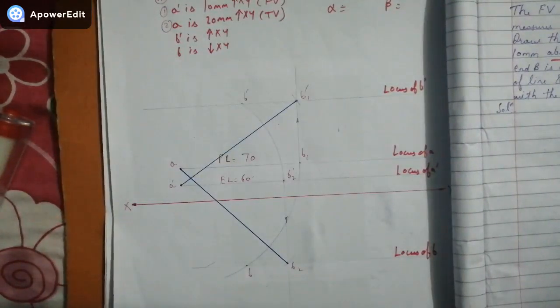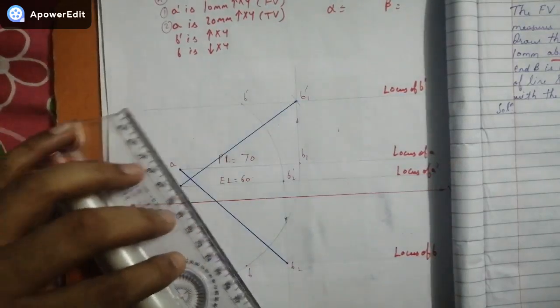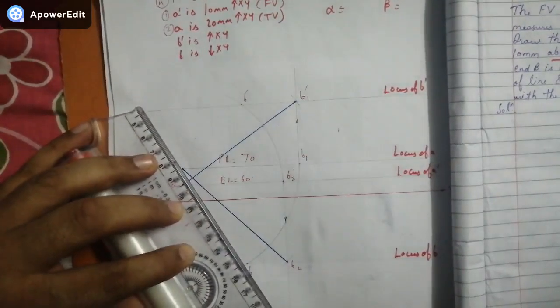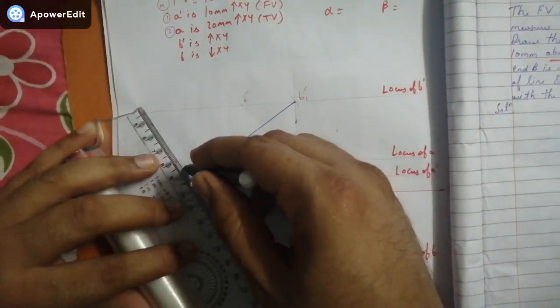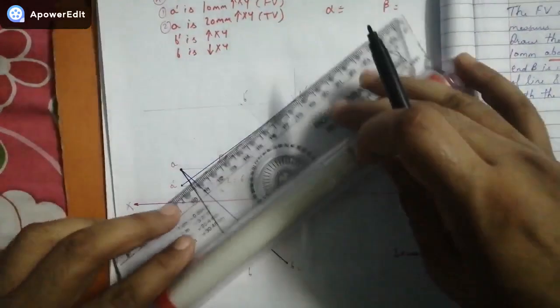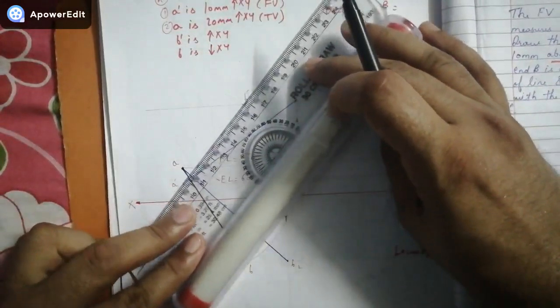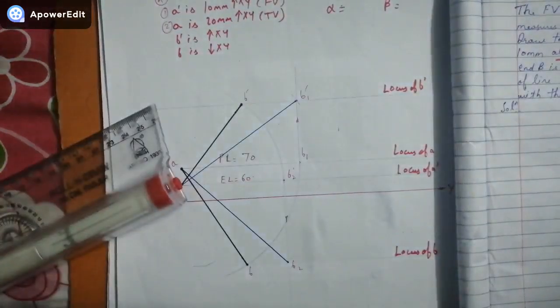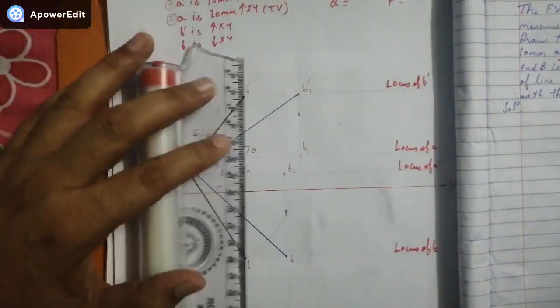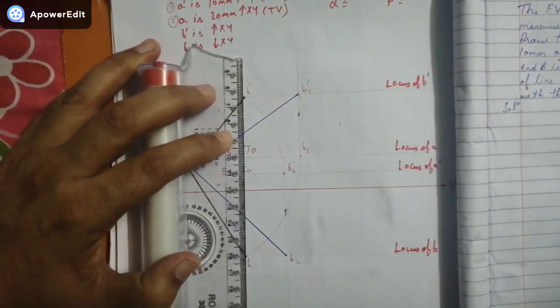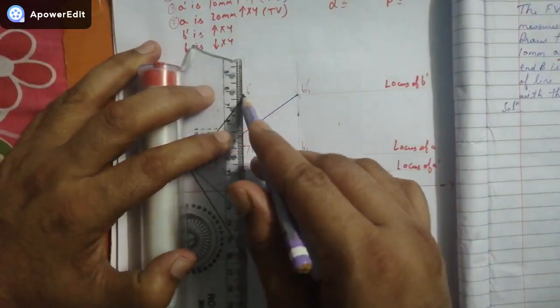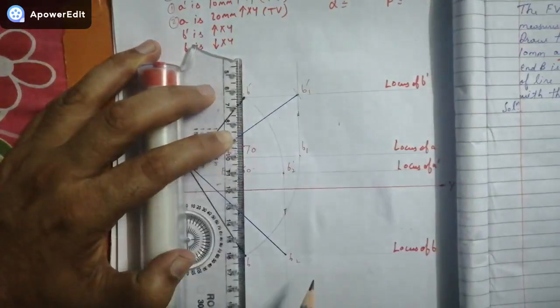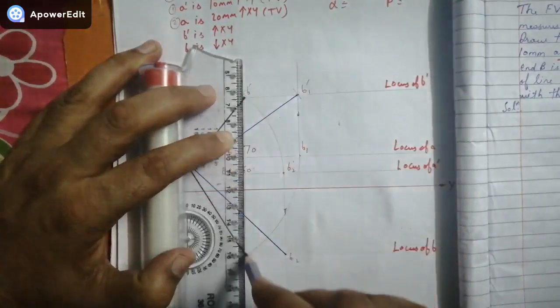Once we are done, I can just join them with the help of dark lines. So this is nothing but A to B, which will be joined as dark. Same A dash to B dash, again it will be joined as dark. Like this, just to check whether the dimensions are correct. So thus B dash and B has to come in a straight line. So friends, as you can see, definitely they are in a straight line. So as you all can see it like this.